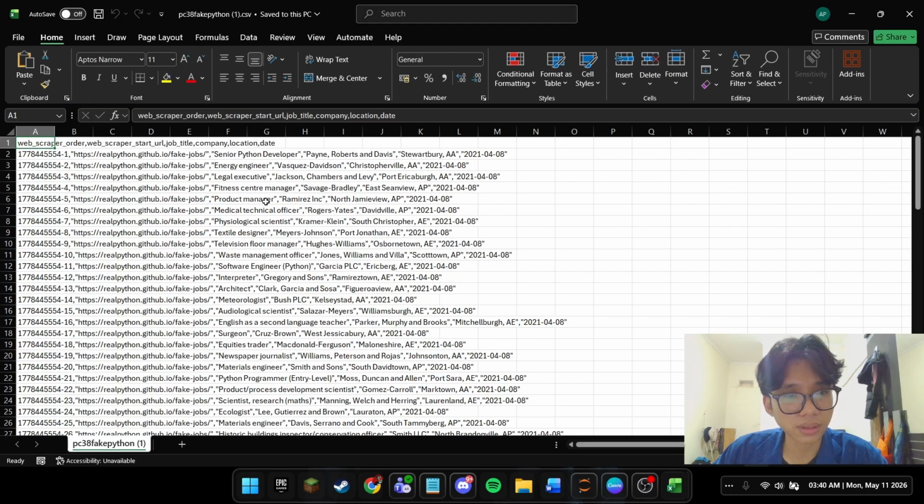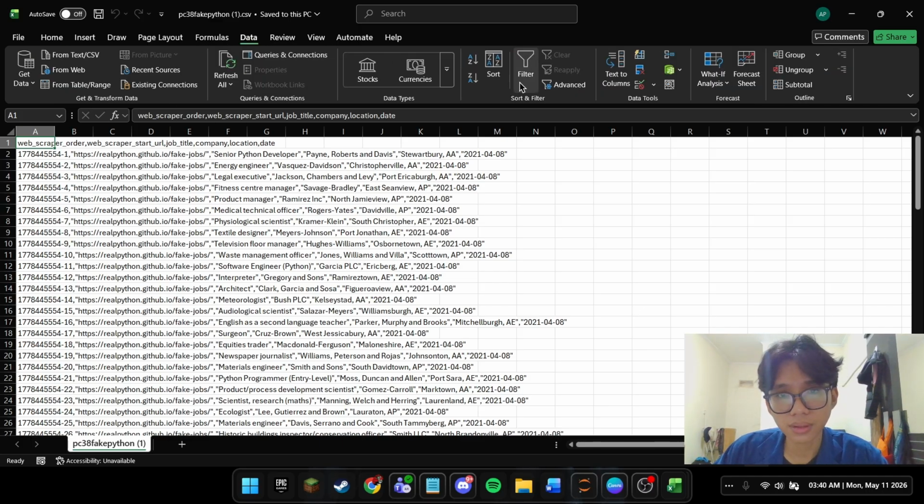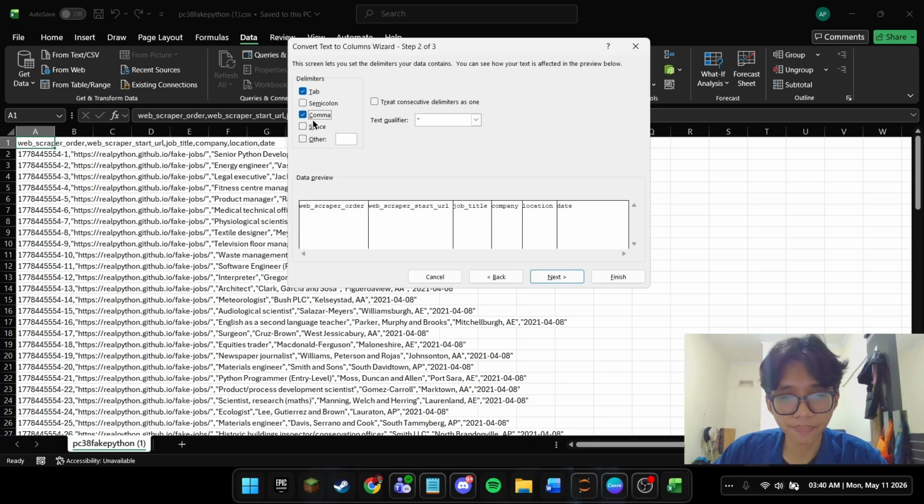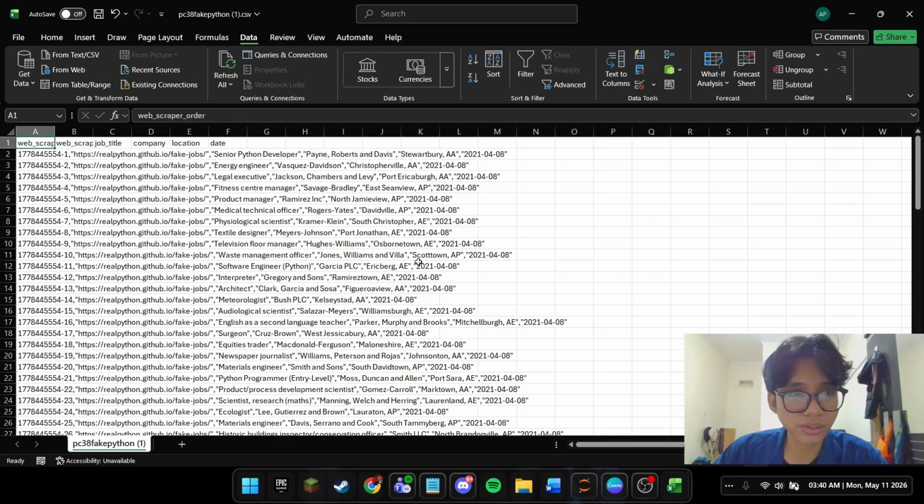When I open it in Microsoft Excel, I use the convert text to columns wizard with comma as the delimiter. I'm going to take this step, then next and finish.